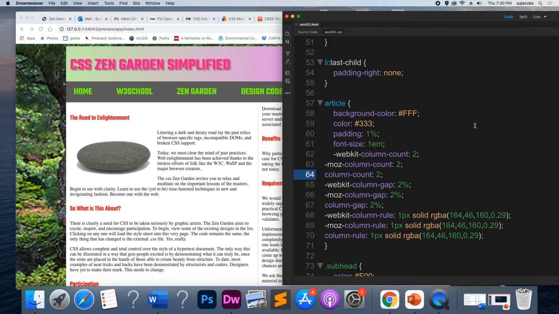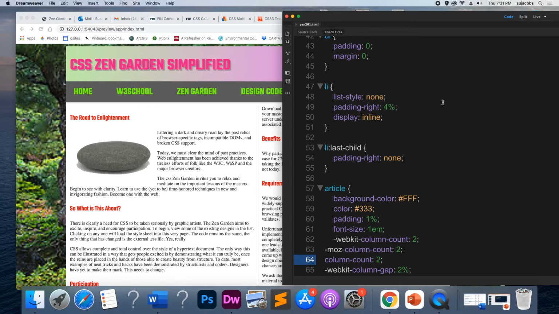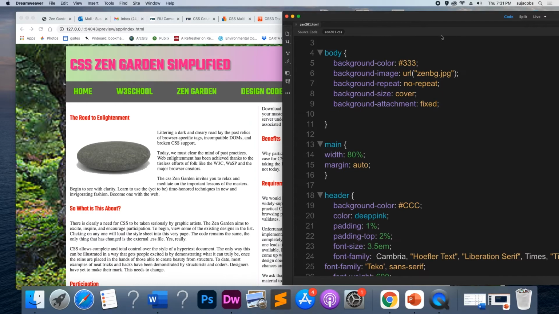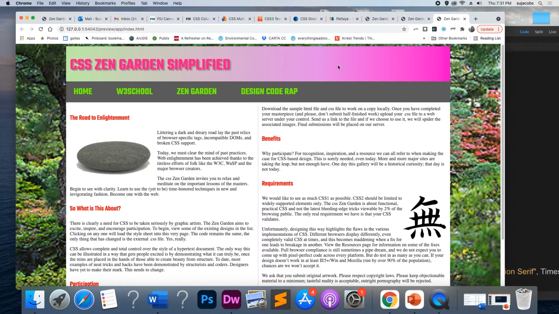All right, let's see if there's anything else we can do here. So we did Google Fonts, background images, columns, text shadow, gradient. Okay. I'm going to show you one other thing. Actually, I'm going to show you 2 other things. The first thing I'm going to show you is just kind of for fun, because I think we're going to go over it in class. So let's say we wanted a little animation in here. Now we're going to talk a little bit about how